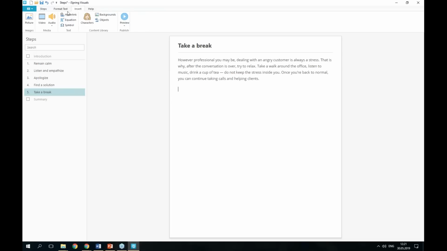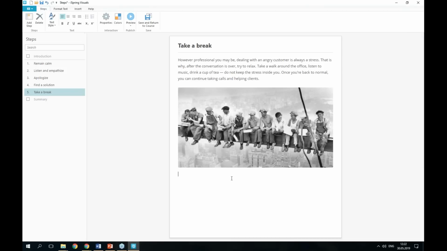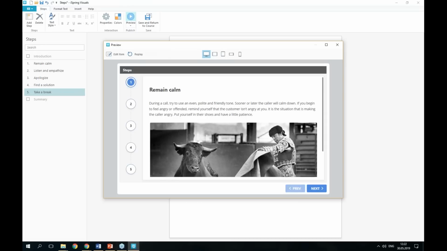And don't forget to add a picture. And when your interaction is done, you can preview it. Our preview option, here it is, allows you to see how your step will look on different devices like